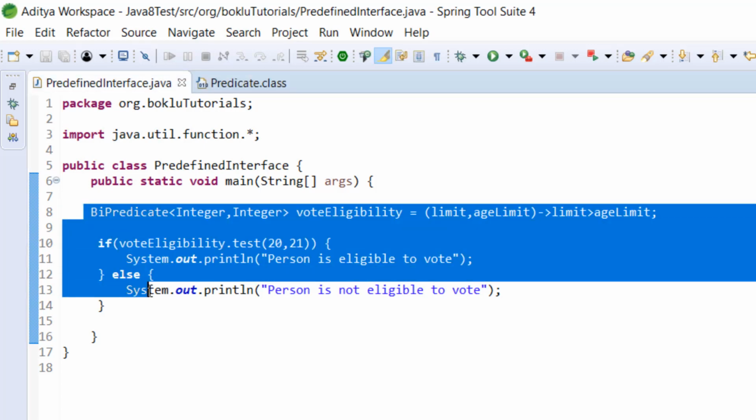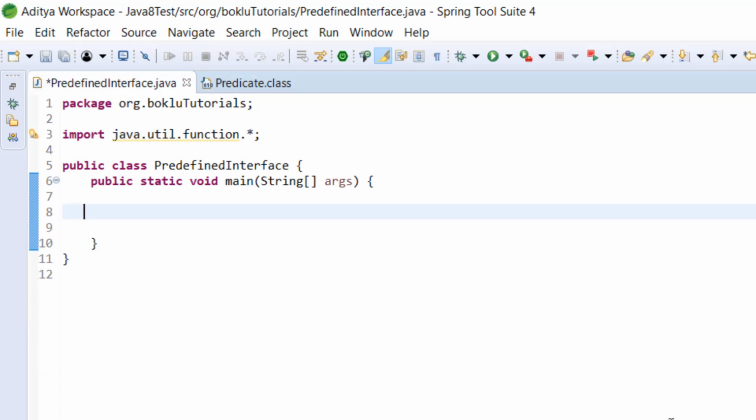Now there are some other predefined functional interfaces which we can use if we already know the generic type. What does that mean? That means if we know that the generic type is int only, then we can use IntPredicate. So we don't have to write any generic type. We can use it exactly like we have worked with Predicate and BiPredicate, but with no generic type, because in this scenario the generic type will be int only, and in this case we can pass only one argument with the abstract method, exactly like we have worked in Predicate.